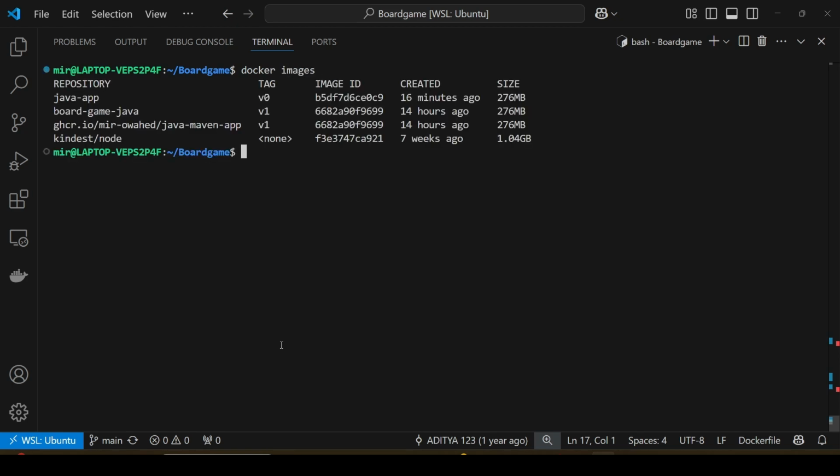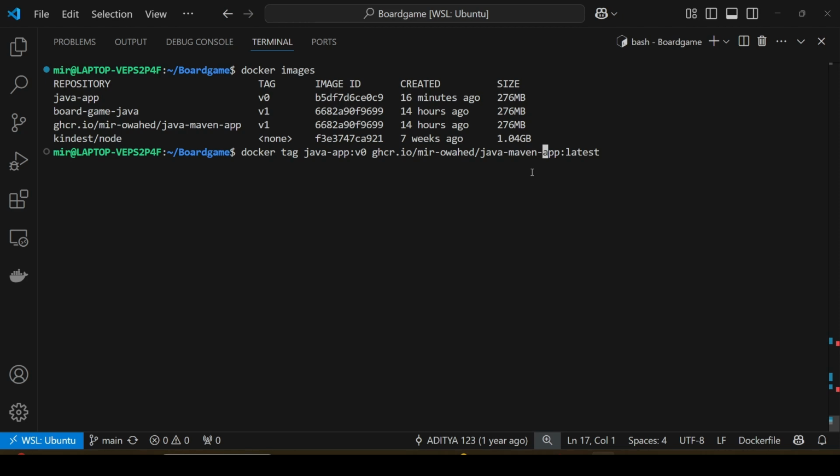You can see the tag here is java-app:v0. You have to change the tag right now. This is the earlier tag, java-app:v0, and change the tag into this Java Maven